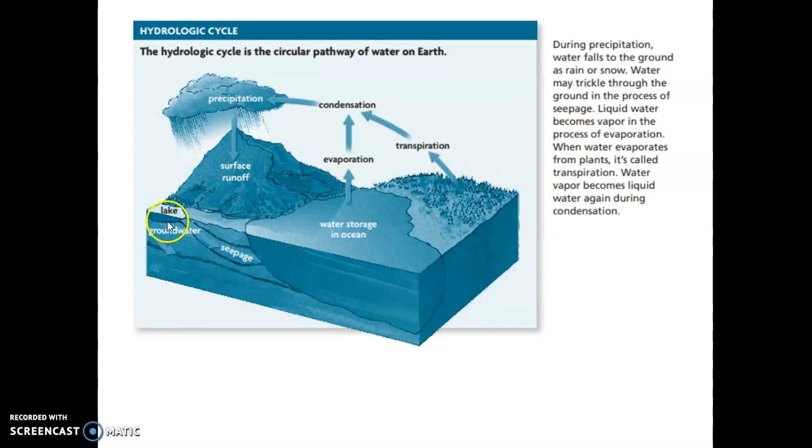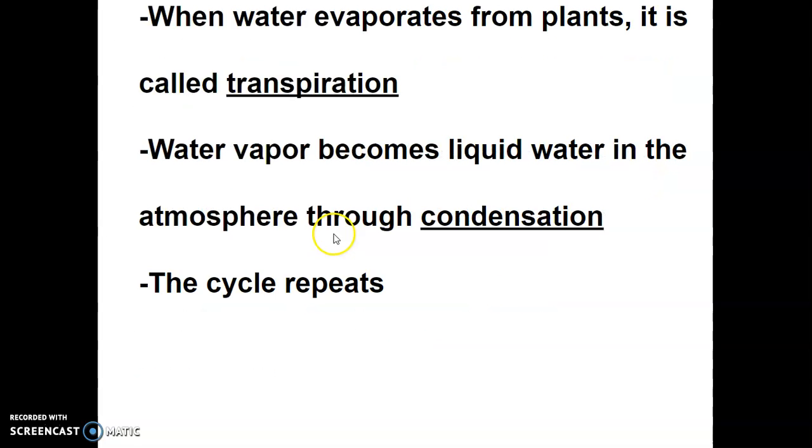So once water's on the face of the earth, it can evaporate. It's not condense, excuse me. It evaporates up into water vapor. You might have seen, right next to what I was pointing at, when water evaporates from plants, we call it transpiration. Okay, transpiration